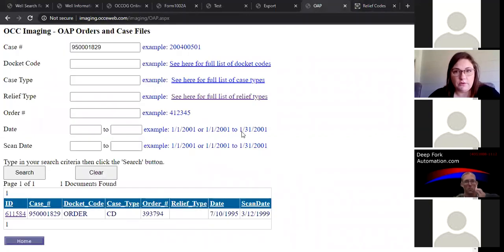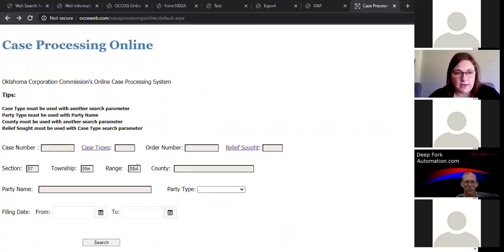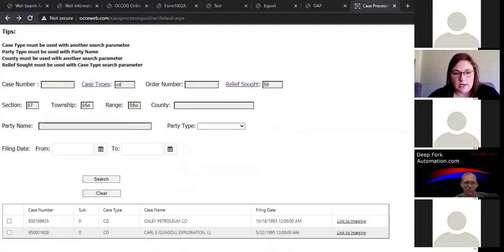And so we could put, oops, need to hit the back button. We could put 50 in this box. We could put case type CD in this box, or we could leave it blank and it would just bring up all of them. So search here, and then we're going to scroll down, and it's going to give us all the spacings for that section,